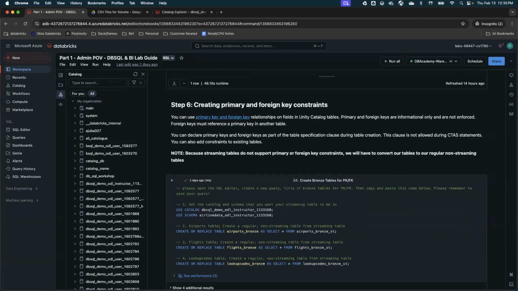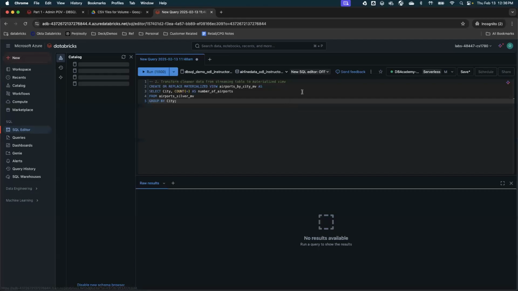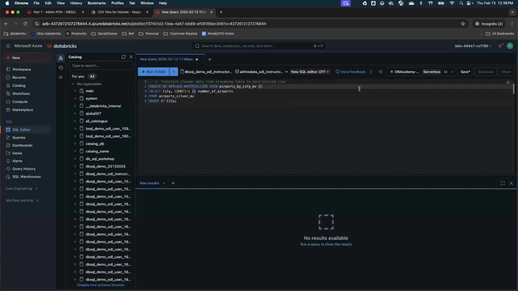Okay, again, if you're not able to see all the files, connect to the volume. I've given access to everybody and you should be able to access the volume. There is a find and replace function in the SQL editor. You can go to the SQL editor, click on find, and you should be able to find and replace data.